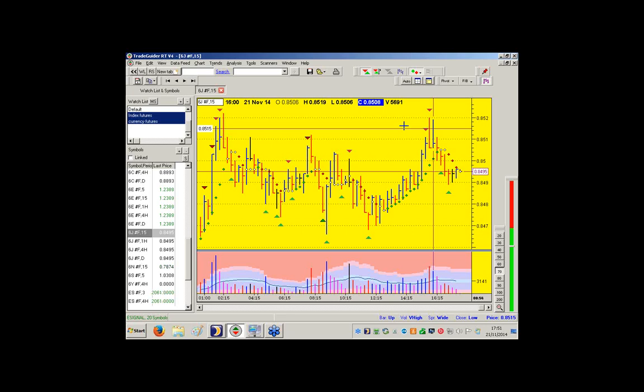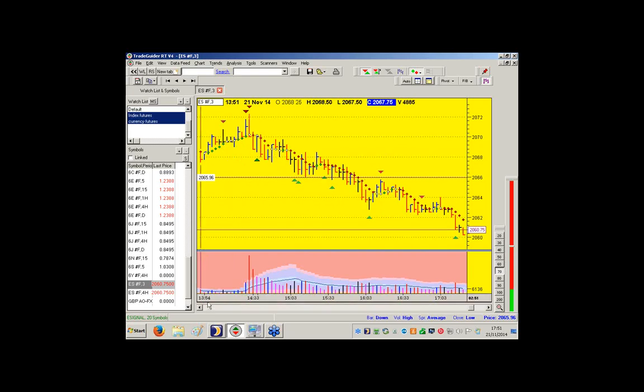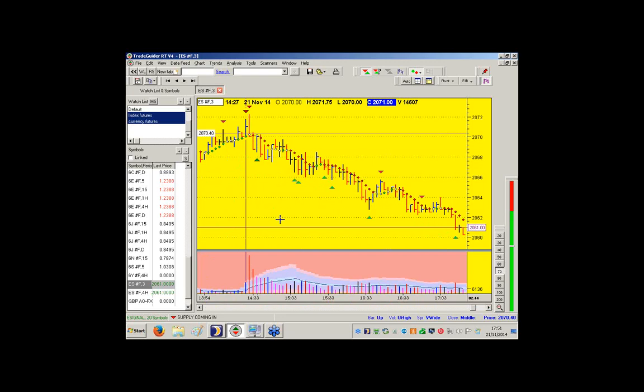Well, your program can create any time frame you want. So it's up to you as a trader to check all this out. Check the different time frames. But what we tend to do is look at, say, the 4-hour chart, which gives you a pretty good idea of what's happening on a reasonable daily sort of basis.